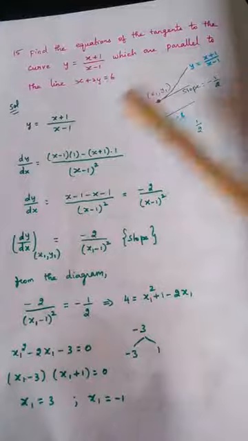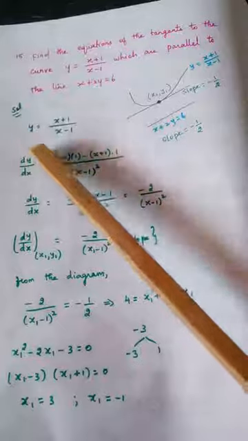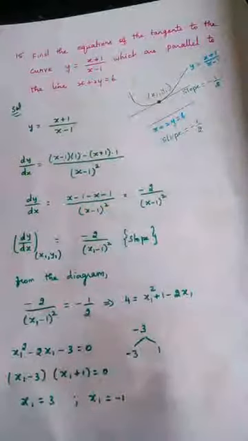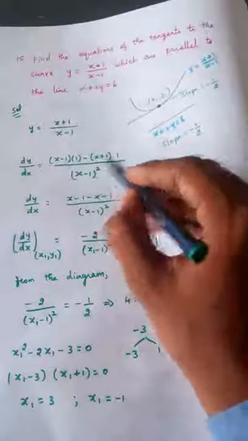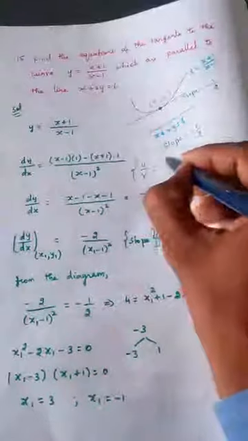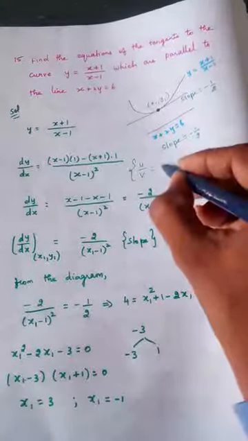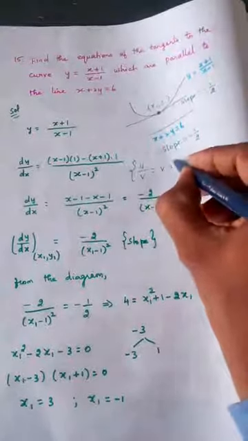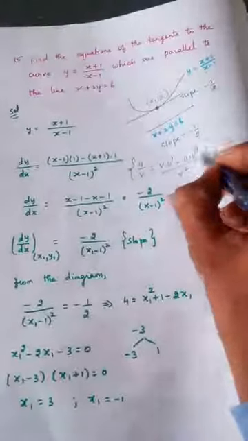Now I am going to enter into the answer. First I am writing the equation given, and differentiating, dy by dx. Don't get confused about how this term is coming. So many terms are there. Simply we are using the u by v formula. The differentiation u by v formula we have seen in the previous problem. u by v means what? v into u dash minus u into v dash by v square. This is called what?